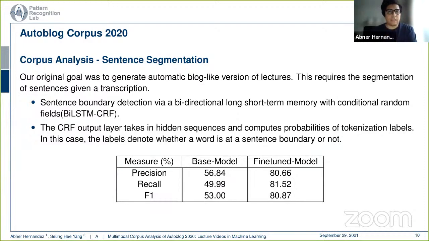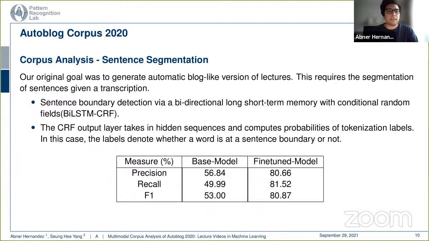However, without any notification of segmented sentences, it doesn't perform as well. So we also wanted a tool that can take the YouTube ASR output or transcript and convert it into segmented sentences. And so we had this